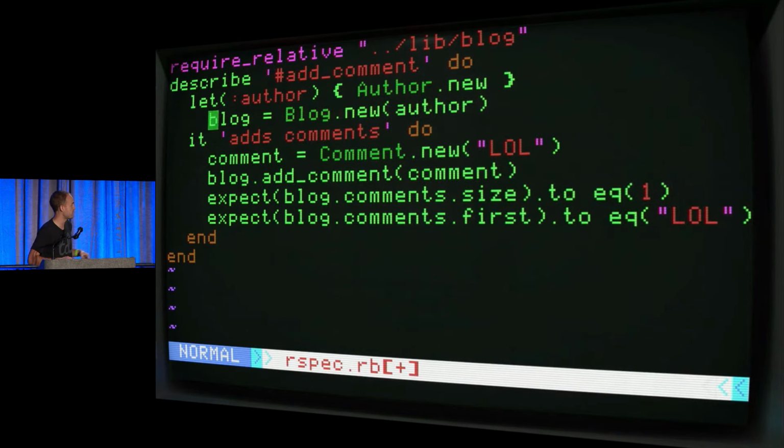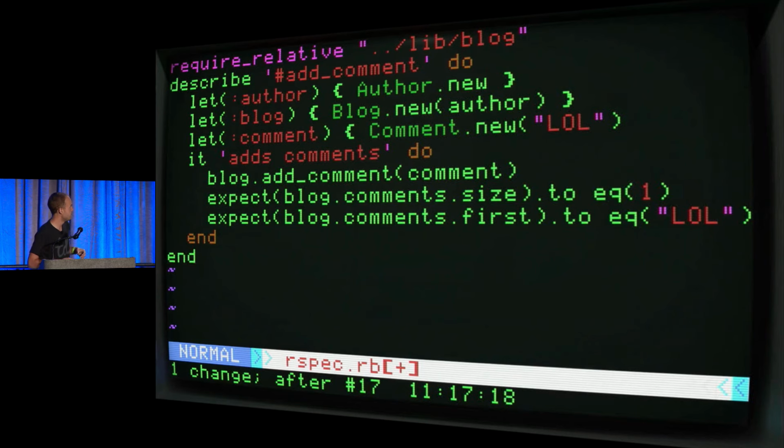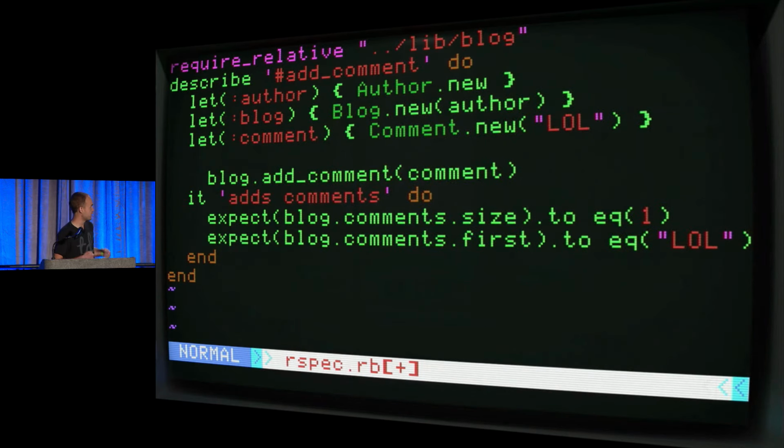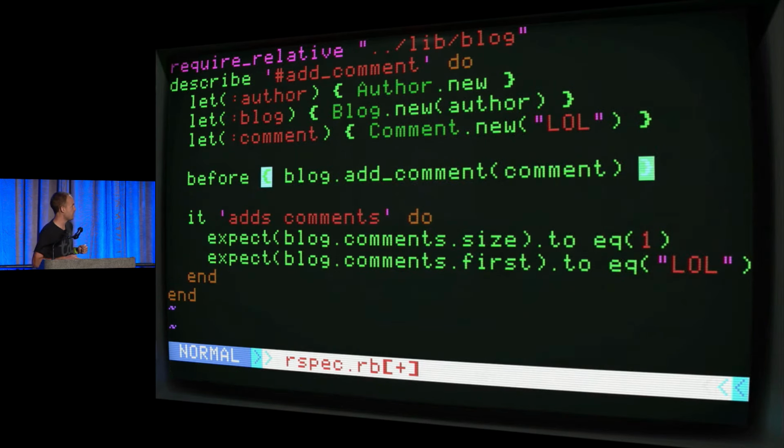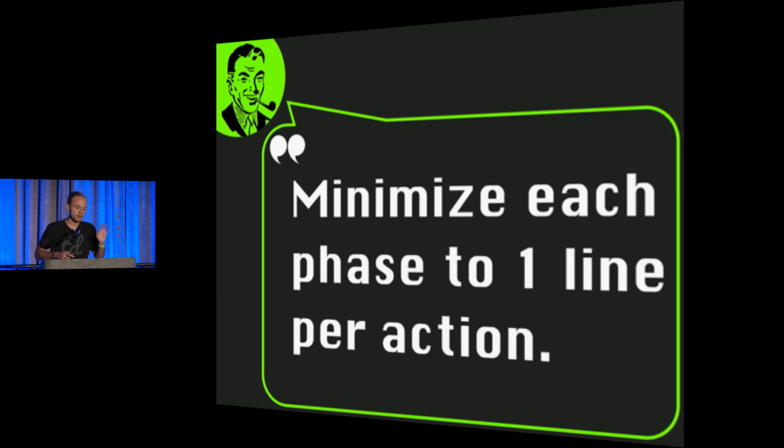I can use let to set up new values. Then I can use before to indicate this is the action I'm taking. And then those two assertions, I could keep them in one it, or I could split them up into separate its, so that each little line indicates what phase of the test I'm in. I also try to minimize each phase to just one line per action as a guard against test-scoped complexity leaking into my tests.